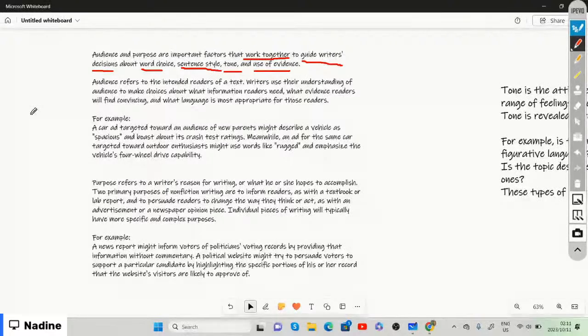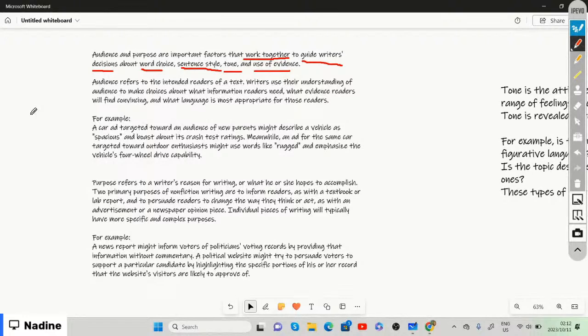But meanwhile, an ad for the same car targeted towards outdoor enthusiasts might use words like rugged and emphasize the vehicle's four-wheel drive capacity. Which means that you need to know who the intended readers of the text are. And there they gave us a clear example of two car brands. It can be the same car